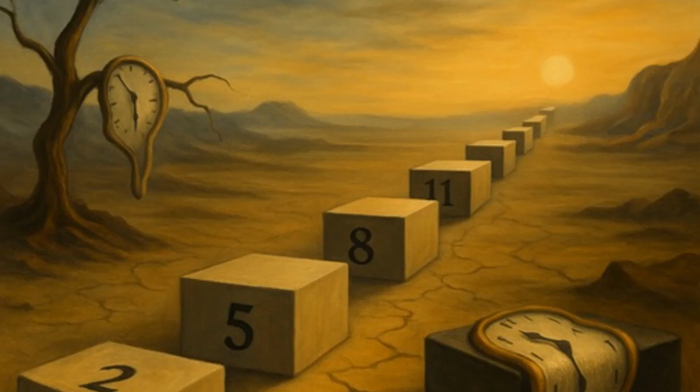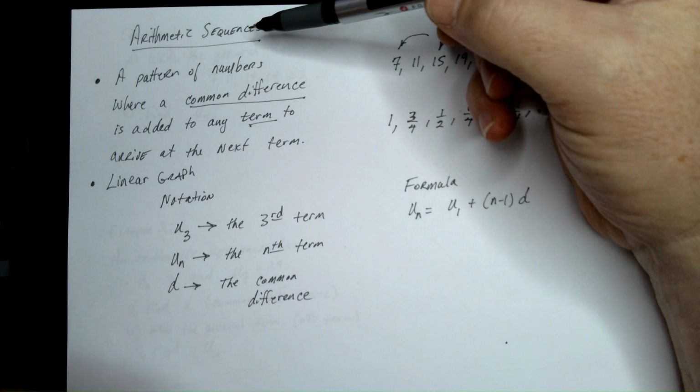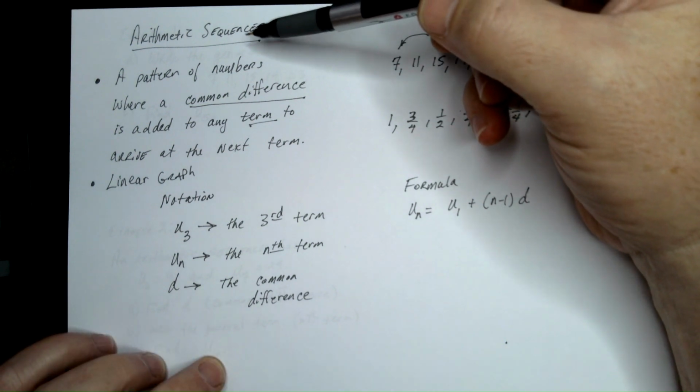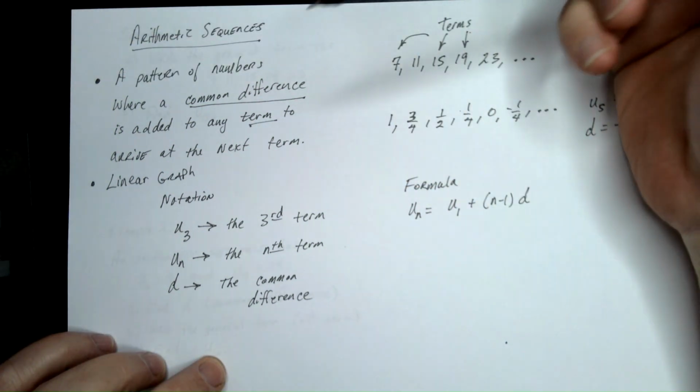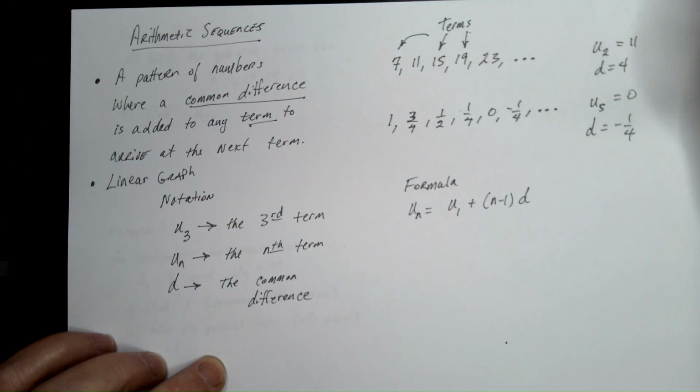All right, let's do a quick video on arithmetic sequences. So I'm going to teach you what they are and run through a couple of examples. So first of all, an arithmetic sequence is a pattern of numbers, like this one right here, where there's a